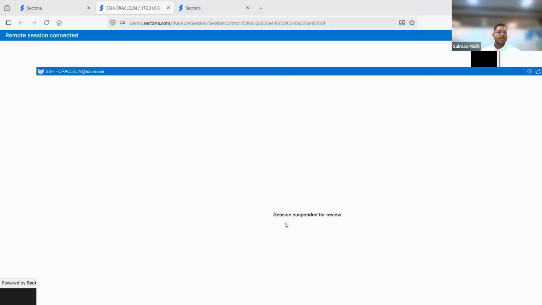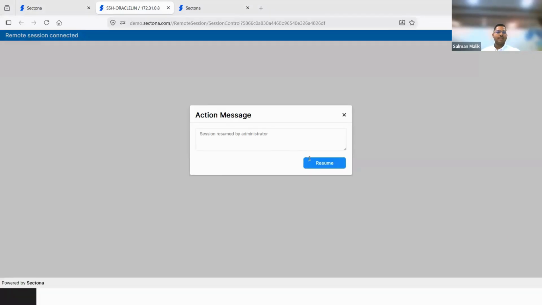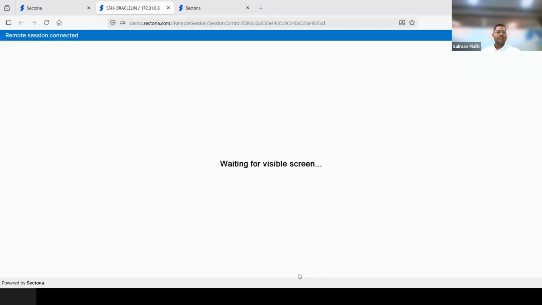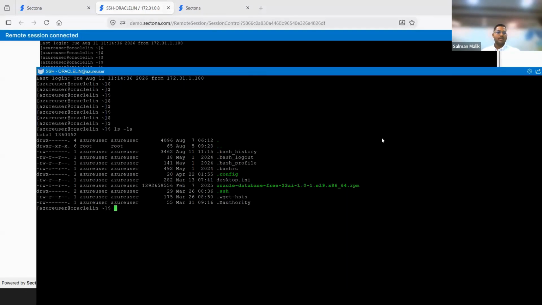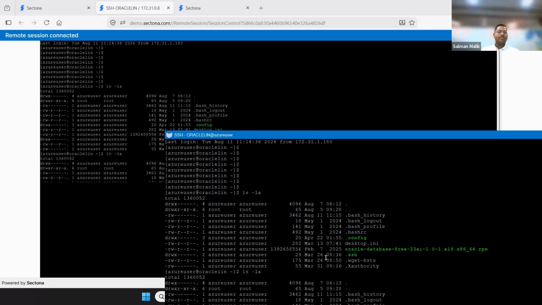So when I come to my user screen as an end user, I would see the message displayed that the administrator has stopped or maybe paused the session for a review, right? And then further, as an administrator, you can review the activity which the end user is doing. So you can simply add your custom comment over here and then go ahead and resume the same session. So that's how effectively, as an administrator, you would be able to manage the session activities of the end users right away from your administration console.